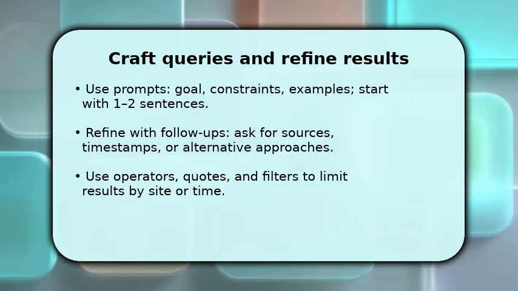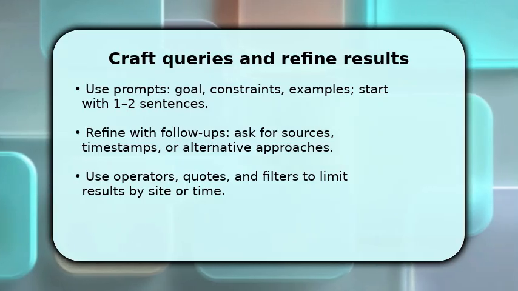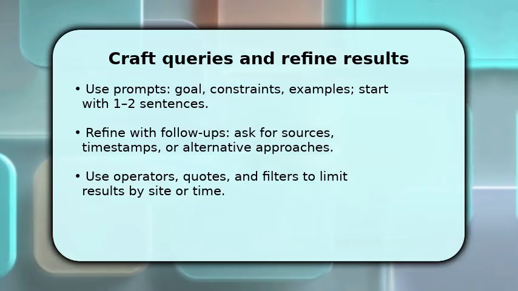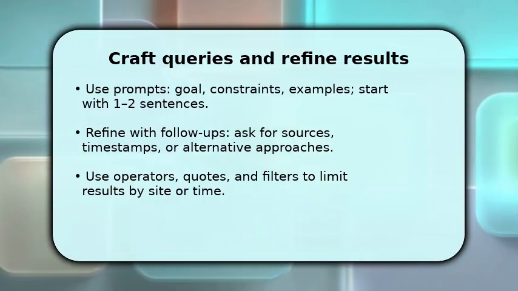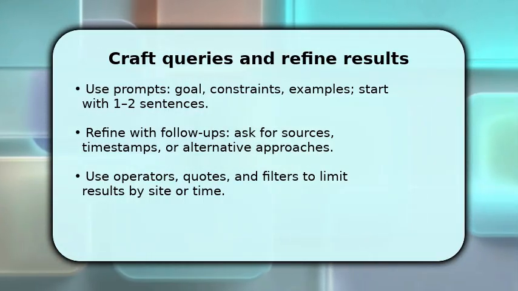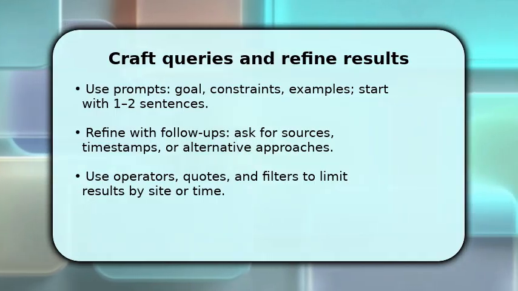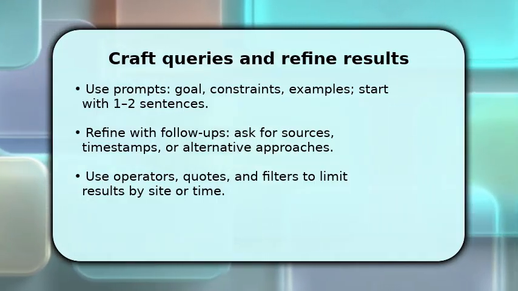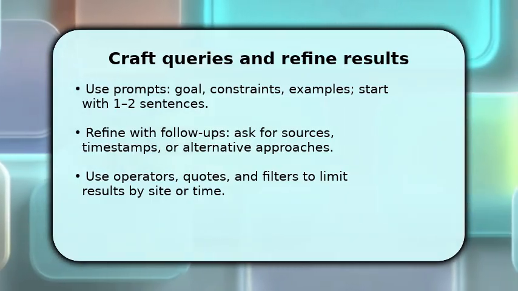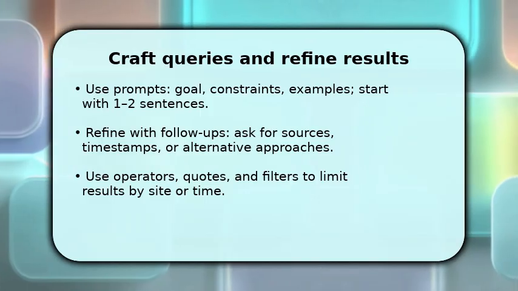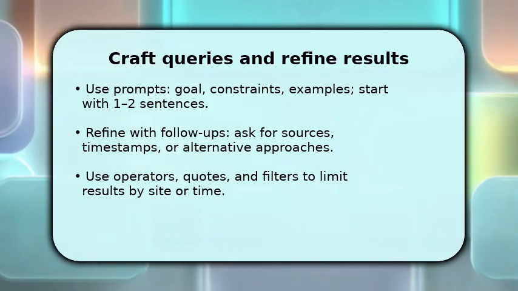State your goal, constraints, and one example to guide the AI. Then iterate, ask clarifying follow-ups, request summaries, or demand step-by-step plans until the answer fits. Make use of search operators and time filters to narrow results, and ask the AI to compare options or list pros and cons. This back and forth sharpens accuracy and surfaces practical choices, so you end up with verified steps